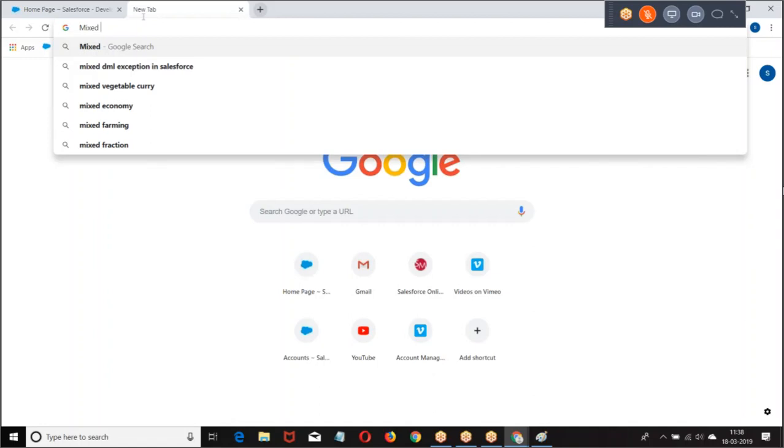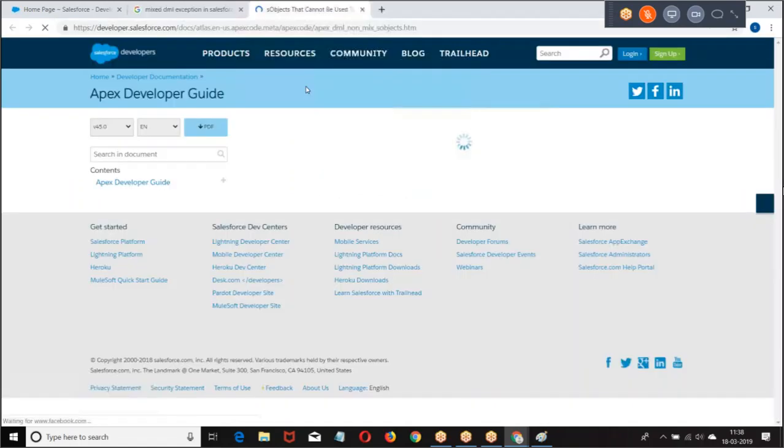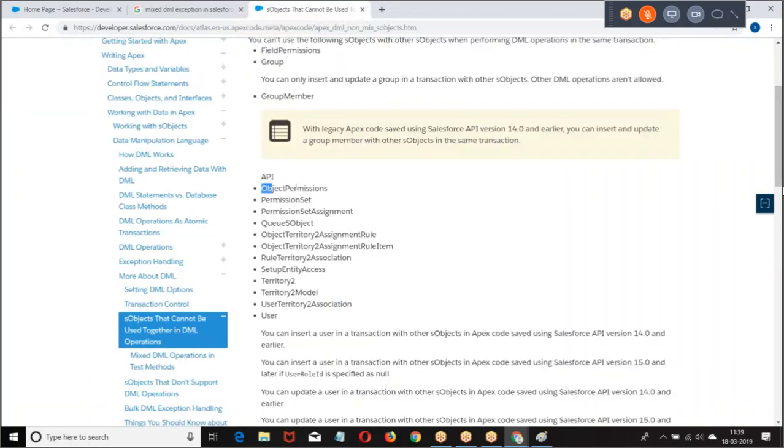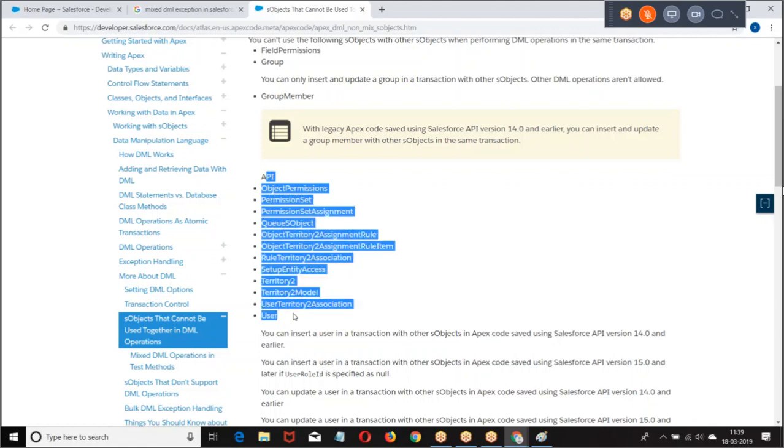What are the objects we have? Field permissions, group member, object permission set assignment, queue, object territory. These are setup objects. Except this, rest all are non-setup.